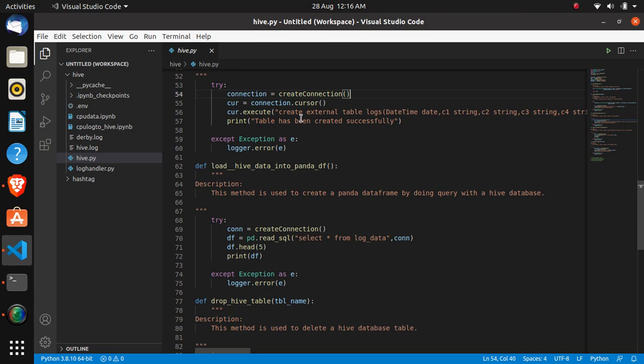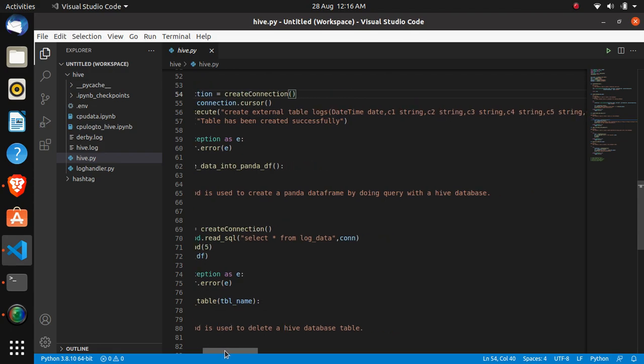And if you are using your CSV file from your Hadoop, then you have to create an external table, otherwise your data might disappear while doing some operations, so it might get removed. For that we have to create an external table, and here you have to provide your column names.